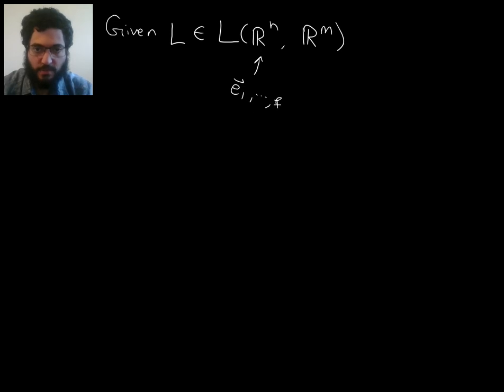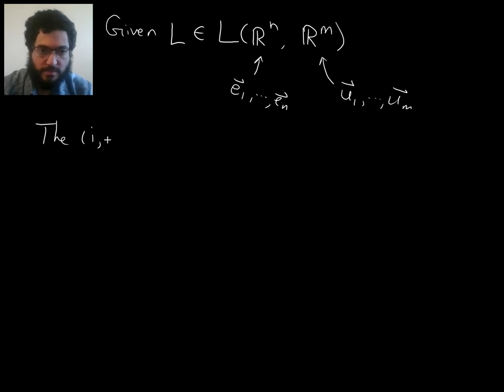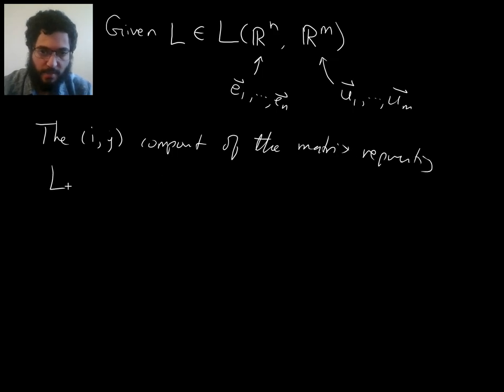We're going to use E1 through En for Rn and U1 through Um for Rm. These will be the standard bases. Then if you want the ij component of the matrix representing the linear map L in the standard basis,